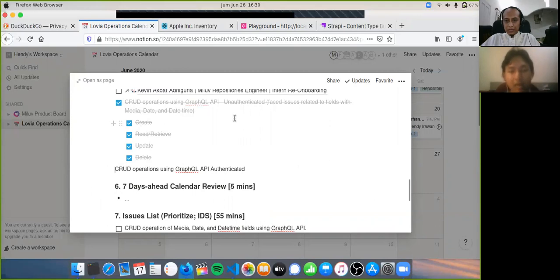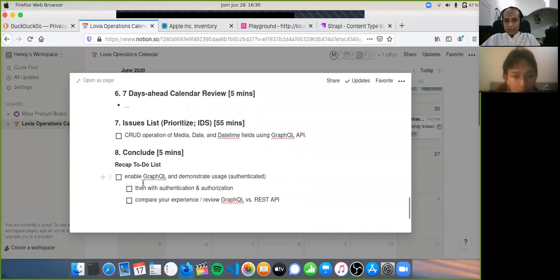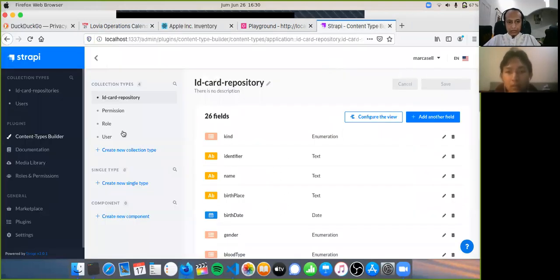However, I faced an issue on the create CRUD operation on media, date, and datetime fields in using the GraphQL API, because they have some subfields inside the field. For example, if I try here,